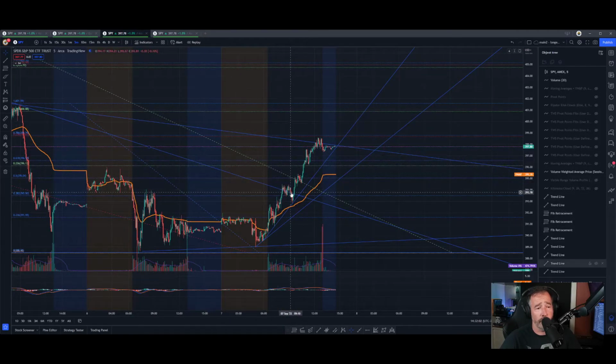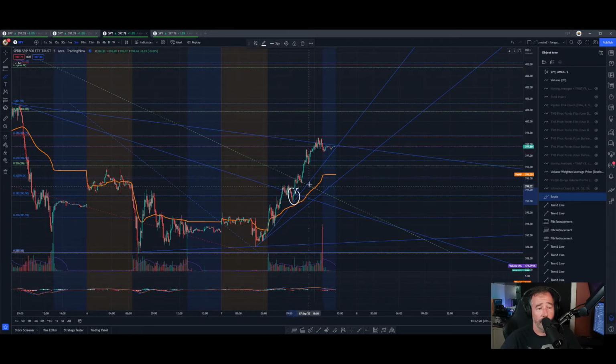So pushing through this trend line here, for me, that would absolutely, if this VWAP wouldn't have happened here, that would definitely be the first place I would have entered. It would have been right there. So when I saw that volume come in, boom, in the trade, right through that trend line.